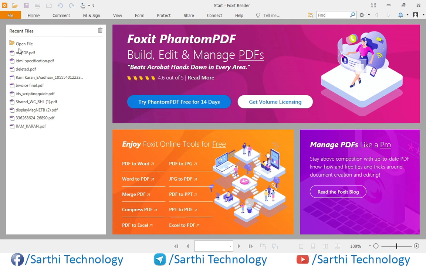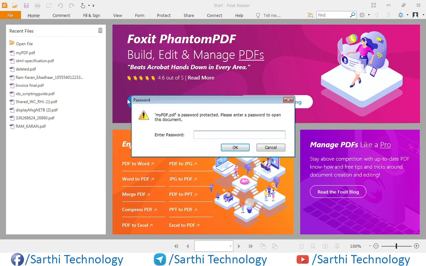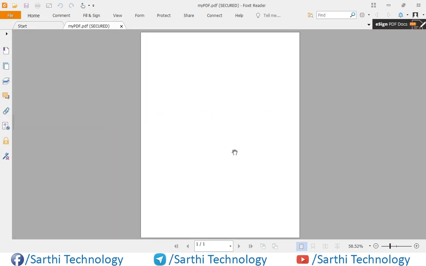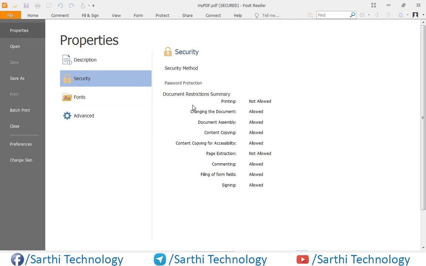PDF created, and with the user password and Control D, you can see printing is not allowed. Other things are allowed, signing is allowed.